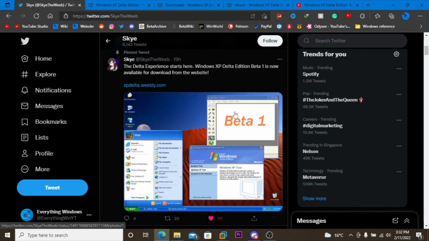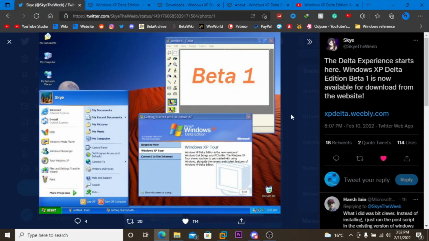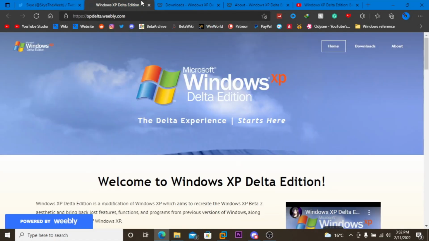So this is the preview right now. Taking a look at the view, this is Windows XP RTM, but with the interface coming from the Windows XP beta builds, such as Whistler 2267, 2419, 2428, 2465 and others. All the features, interface or anything that are from Windows betas are coming to this mod / UNWINVER. Now, if we take a look at the website right now, xpdelta.weebly.com,